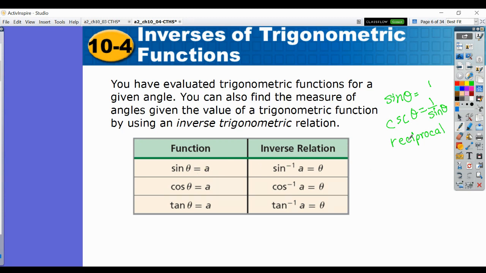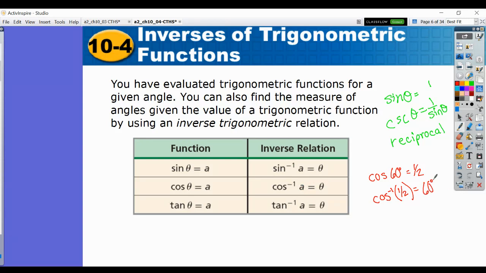Inverse means to undo. So a little while ago, we were doing things like find the cosine of 60 degrees. You look at your unit circle, go to 60 degrees, find the cosine, and the answer is 1/2. Wonderful. Now we can go backwards. What if I want to know what angle has an answer of 1/2? We're going to give the answer as an angle now. So that's what this notation means. The cosine of the angle is some kind of answer. To undo it, you put the answer over here with the cosine,